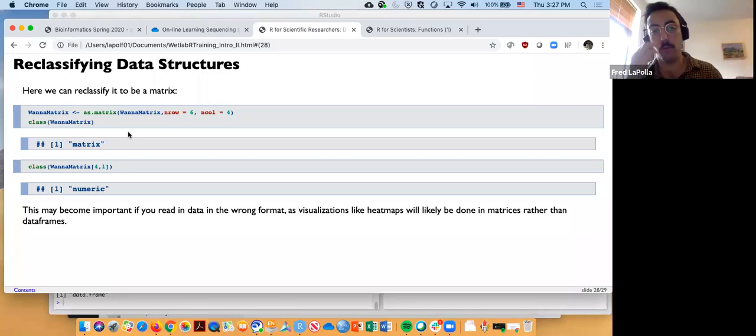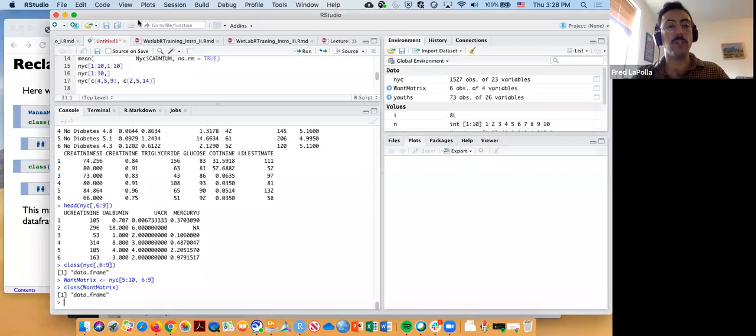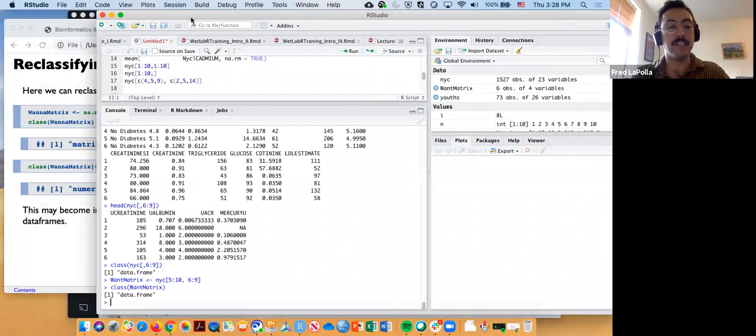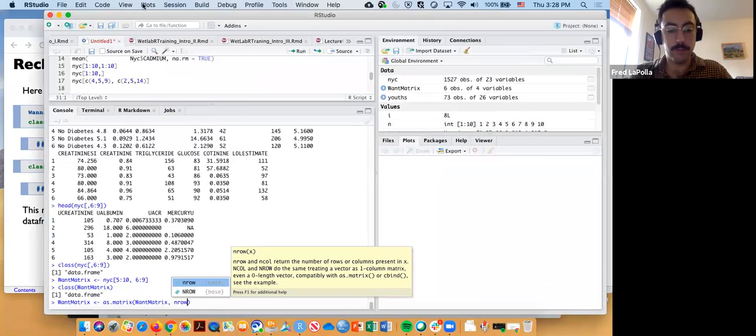And similarly for the columns, it's 4. And so we can just say, and I'm going to feed it back onto itself to basically overwrite itself as a matrix. So want matrix as dot matrix, want matrix and nrow, or nrows. Got it conveniently written. Oh, it's even popping up,